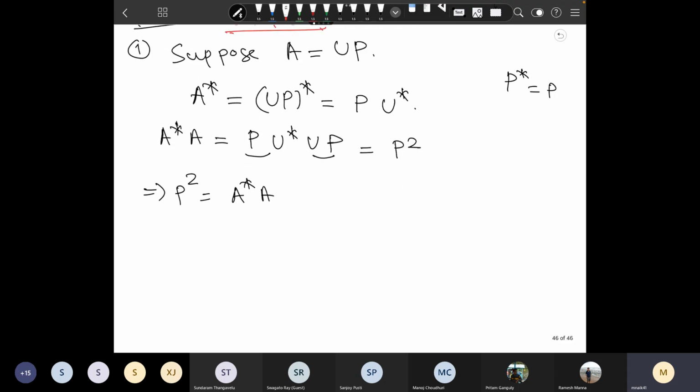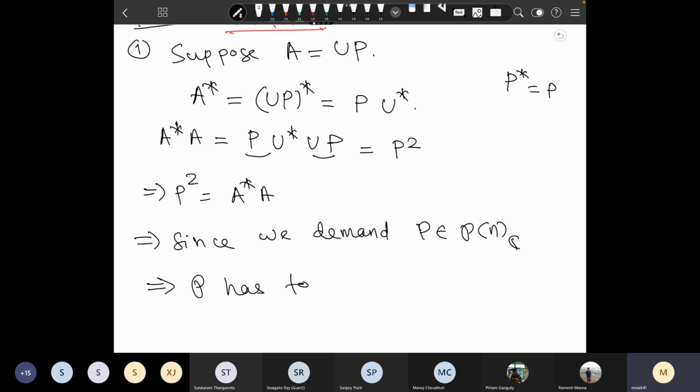P square is equal to A star A. So I am demanding this P is a positive definite matrix, and I know that A star A is also positive definite. So this means, and I have shown you that for a positive definite matrix, there exists a unique square root. So since we demand P belongs to P n C, that implies P has to be the unique